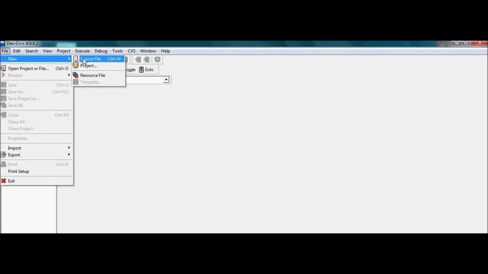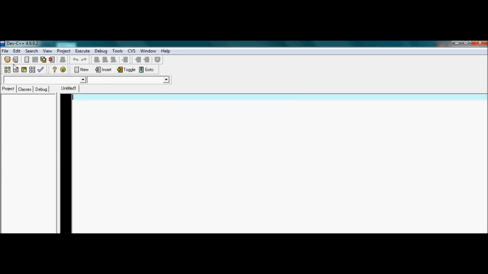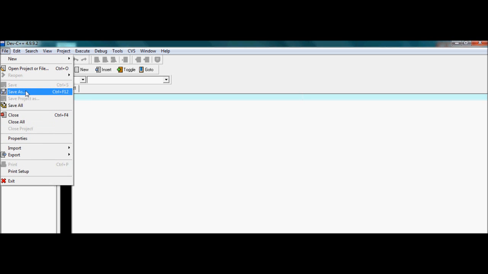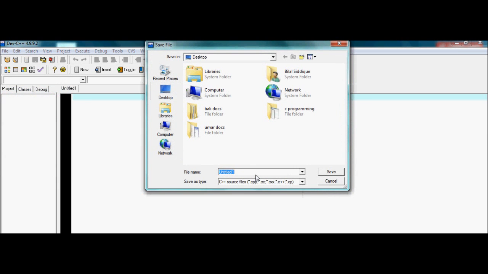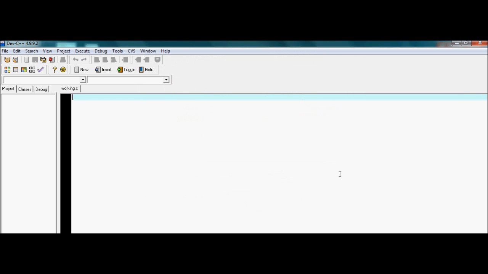New source file. You can see here it is untitled, and I'm gonna give it a name, for example, working, and save it as a C source file. Save. Now, as we have mentioned in our last tutorial, first of all include